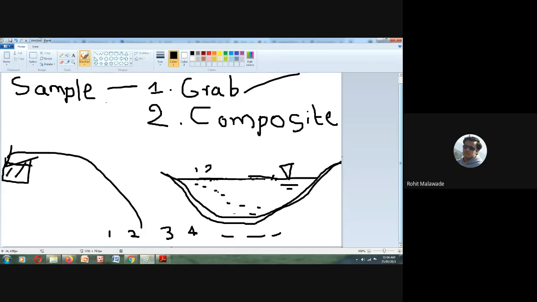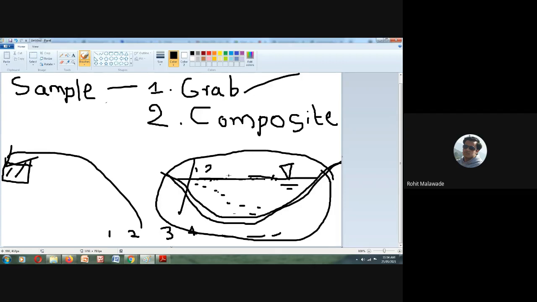Now, what is this? Combining. It is nothing but combining. Now, what will it tell you? This composite sampling has the capacity to tell the overall picture of this water body, right? I will be combining all the depths and different times of a day, and that will give you how the water quality is in this particular water body.